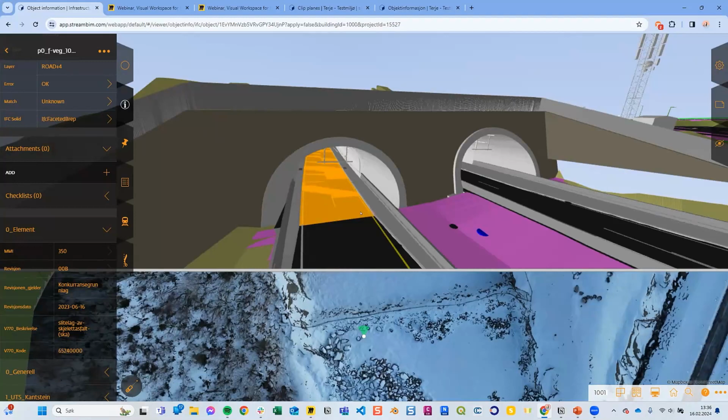Before we leave, we have some questions, and I just wanted to add one more thing to your presentation, Terje, and that is we are streaming all the models, which means that there are no limitations on the size of your projects or models. So you can actually spin around with terabytes of data on your mobile phone. But yeah, we have some questions.